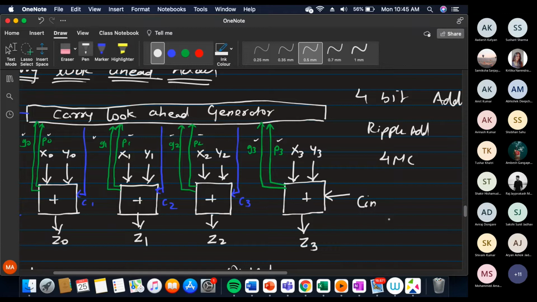For a 4-bit number, it reduces just one machine cycle. But if you perform addition of any number of bits, it would take exactly 3 steps to generate all the bits of the sum, exactly 3 machine cycles. I hope you got the idea of why it is important. Is that clear? So kindly note this down.